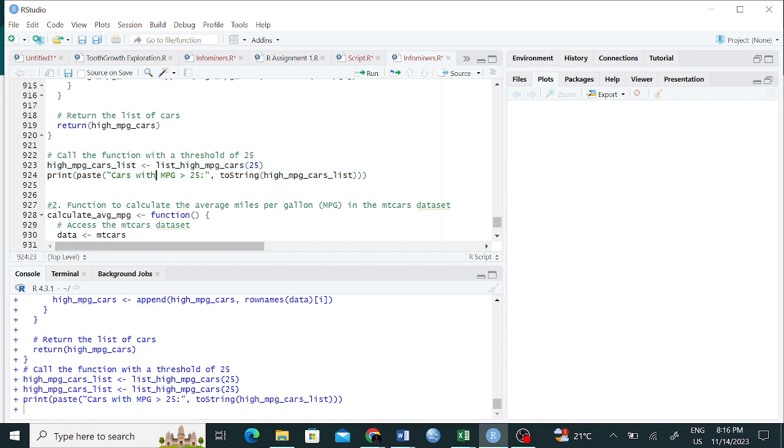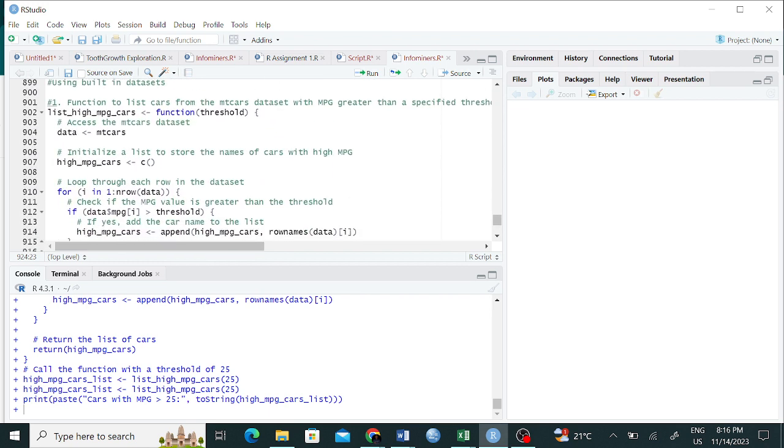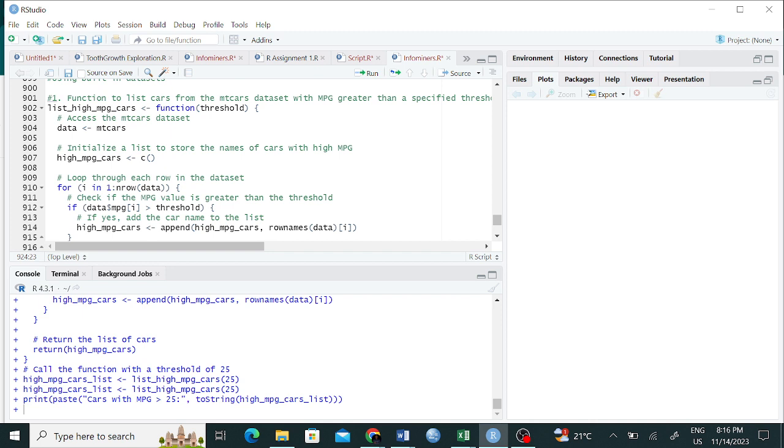Is there anybody noticing any issue with the lines of code that we've written? Who can notice any issue with the function?